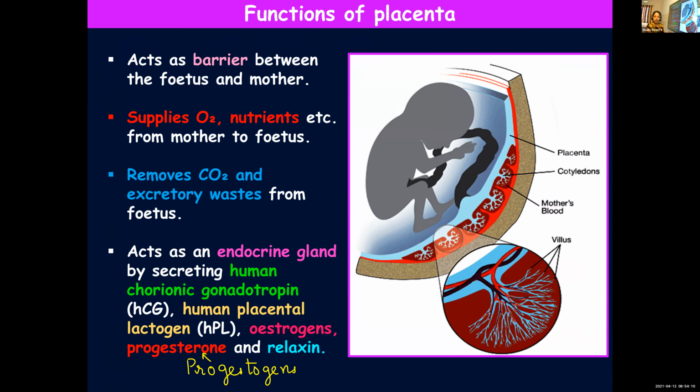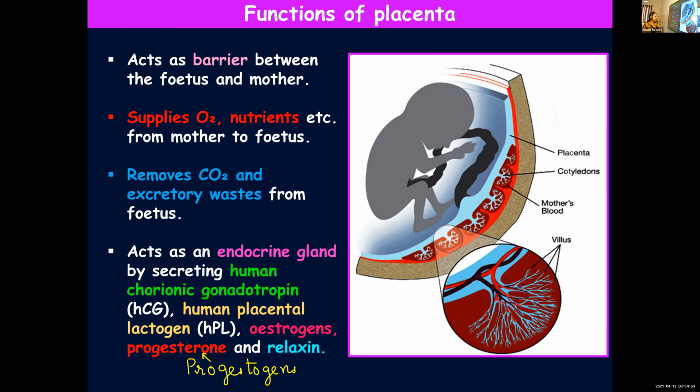So quickly, I will tell you the functions. As I told you, you don't have to learn functions from the exam point of view, but I'll just tell you the functions. So we started with the different functions of placenta. It acts as a barrier between the fetus and the mother. It helps in supplying oxygen and nutrients to the fetus from the mother's blood. It removes carbon dioxide and other excretory waste from the fetus. It also acts as an endocrine gland, provides a group of hormones which plays an important role. Each one has got a specific role. So they will be helping together, they'll help in the maintenance of pregnancy.